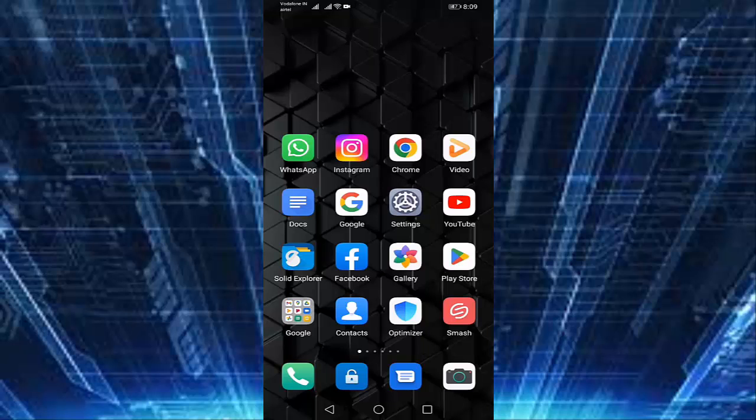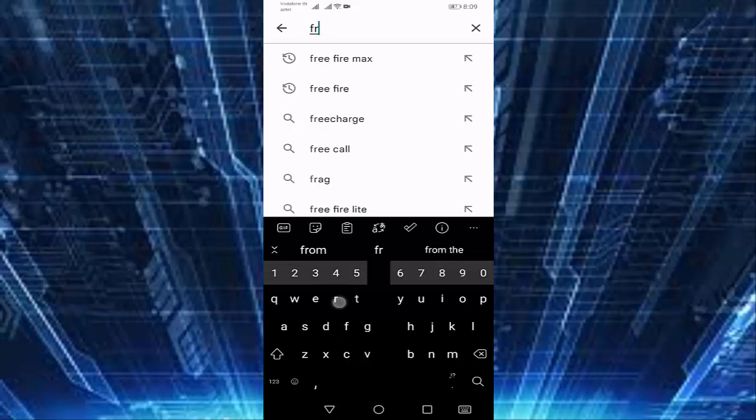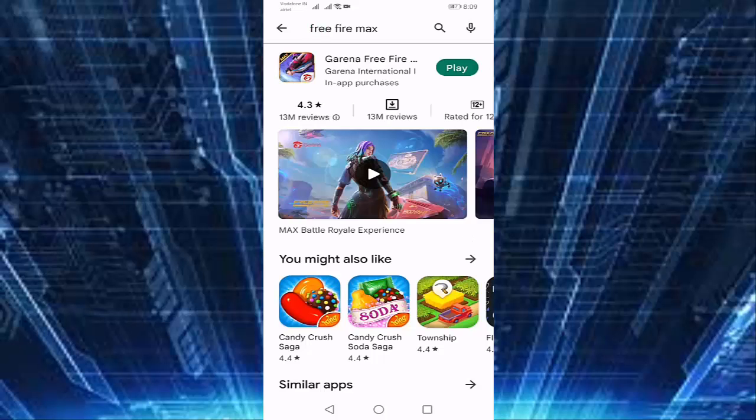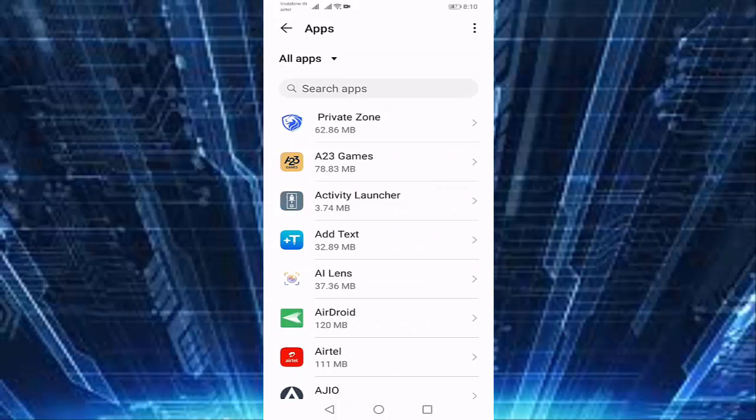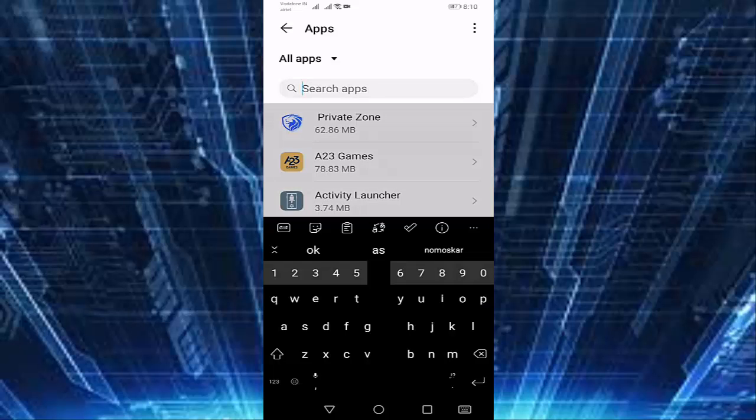Is your Free Fire Max up to date or not? For that you need to open your Google Play Store. Then search here Free Fire Max. If Free Fire Max is already up to date, then go back, go to the settings, search here apps. In this you search Free Fire Max,